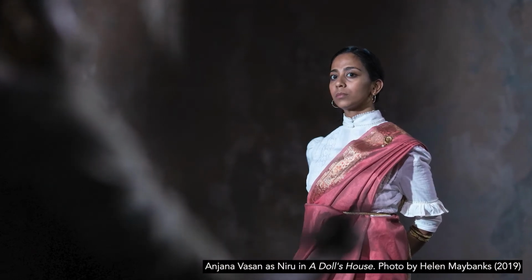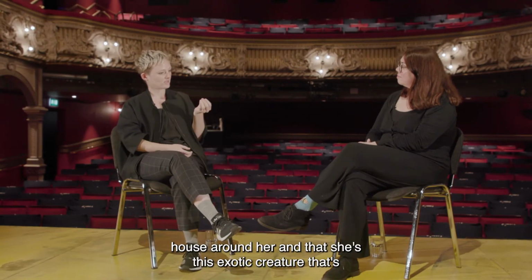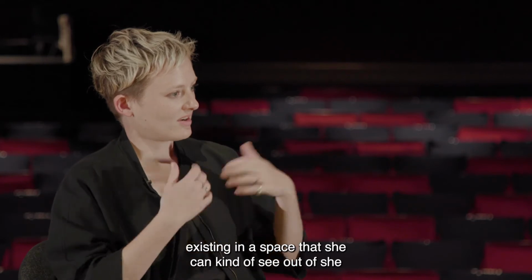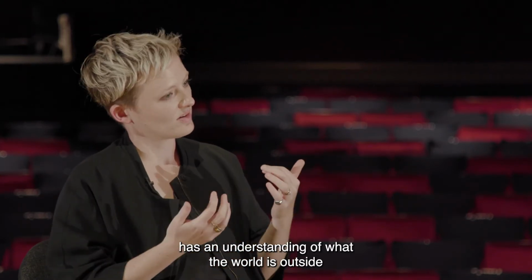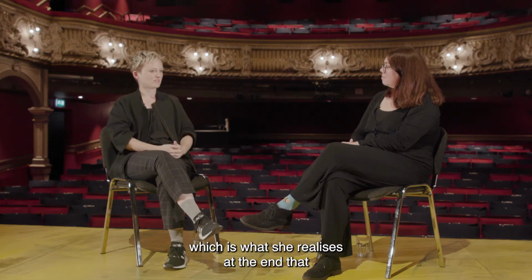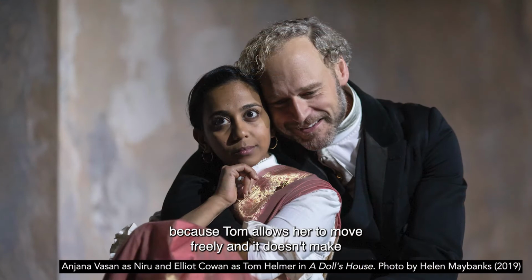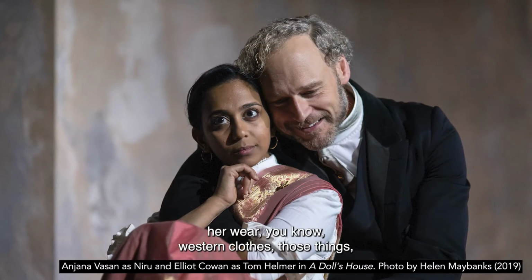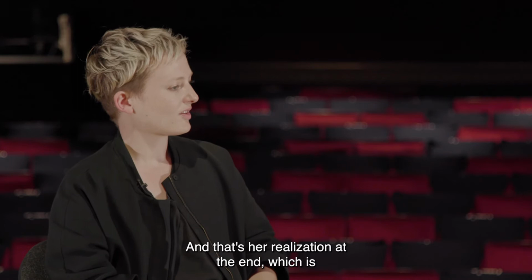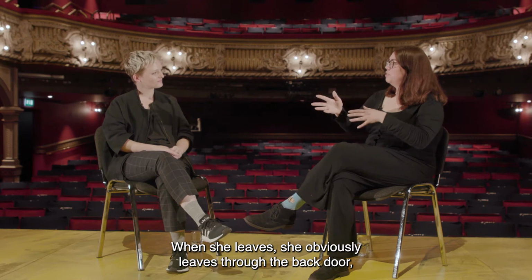space that she lives in, and how Tom has constructed this glass house around her, and that she's this exotic creature that's existing in a space that she can see out of. She has an understanding of what the world is outside of that space, but she somehow can't access it in the way that she wants to, which is what she realises at the end, that actually, as much as on paper she has her freedom because Tom allows her to move freely and doesn't make her wear Western clothes, those things, she actually isn't free. And that's her realisation at the end, which is why she leaves. When she leaves, she obviously leaves through the back door,